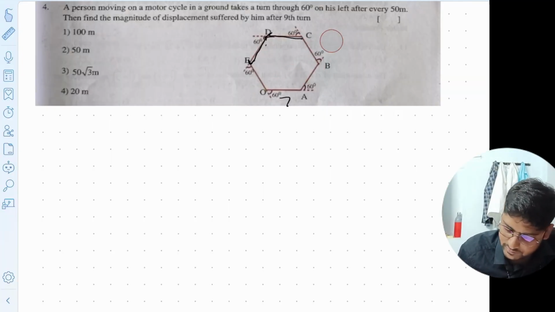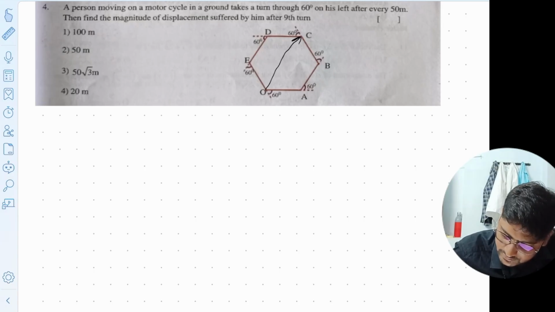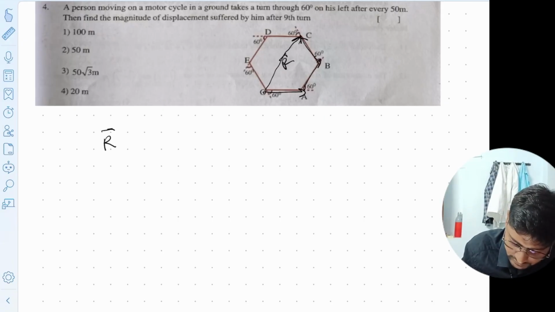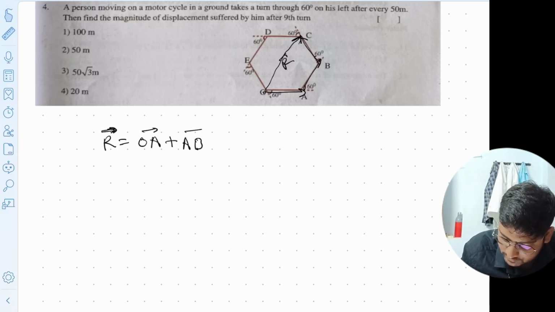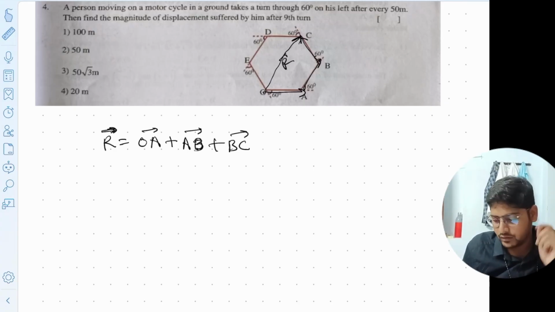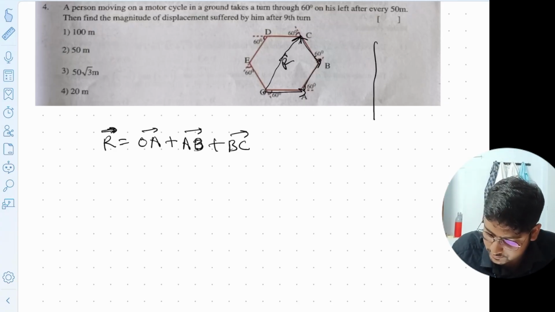Now I will erase everything. So this is our resultant vector. The resultant vector, meaning the displacement vector, will be the OA vector plus the AB vector plus the BC vector. If we take it in terms of I cap and J cap, we can say